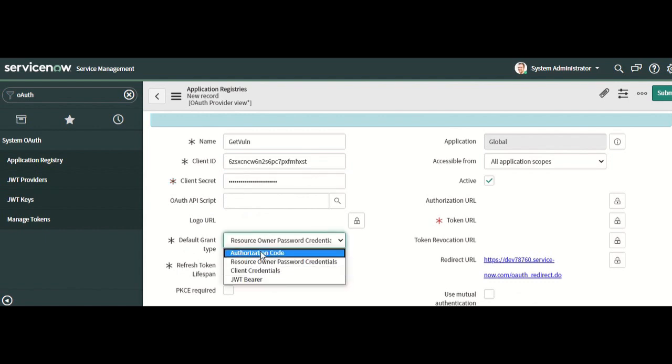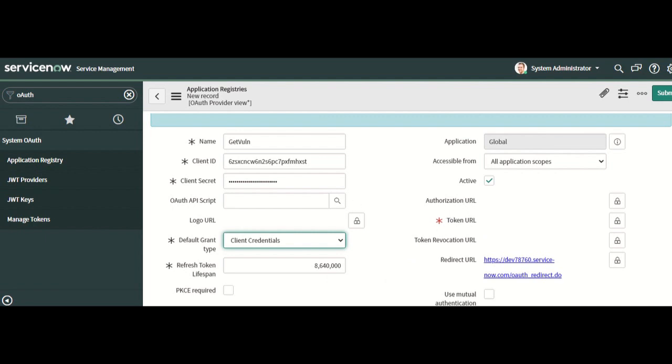The next thing is, while registering an application, we saw the similar thing on the Cisco website as well, and we chose client credentials. How long should the token last? The specialty of OAuth is that after this time, the token will expire and you will no longer be able to access the application. So refresh token lifespan in seconds.